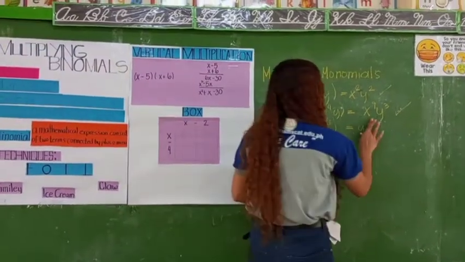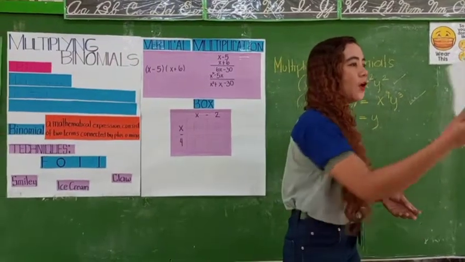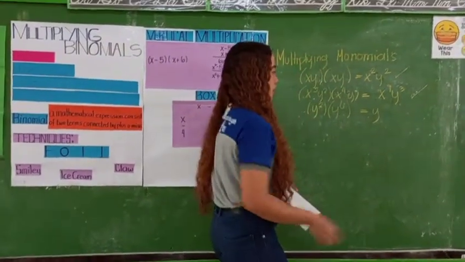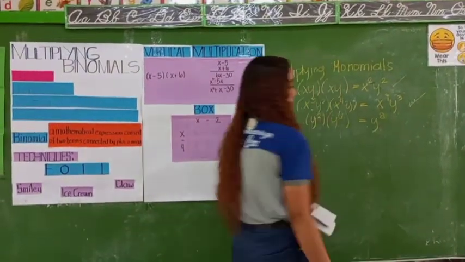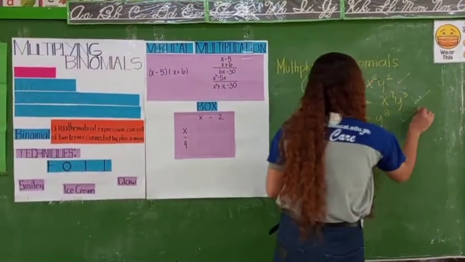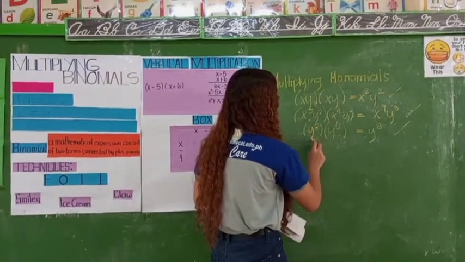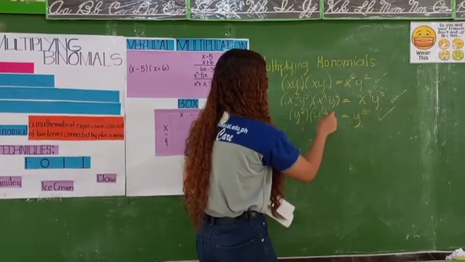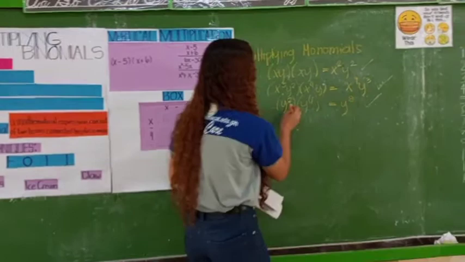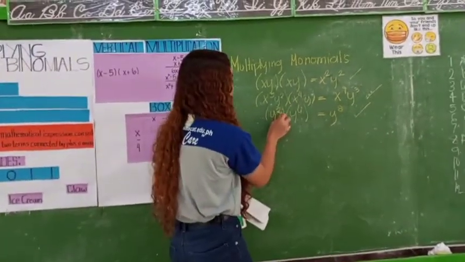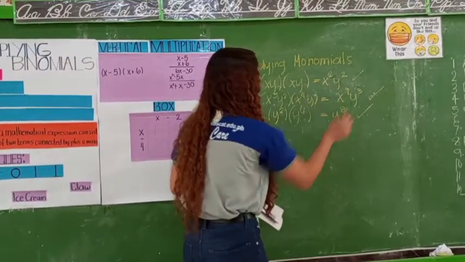It seems wrong. Another answer. Okay, smiley. Y raised to 8. Yes. That's correct. Y raised to 8. Because when we distribute Y squared to Y raised to 6, the result is Y raised to 8, because we're going to add these two exponents. 2 plus 6 is equal to 8. So,